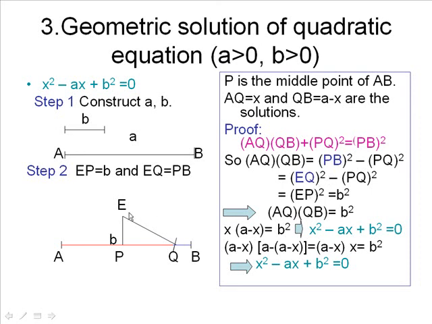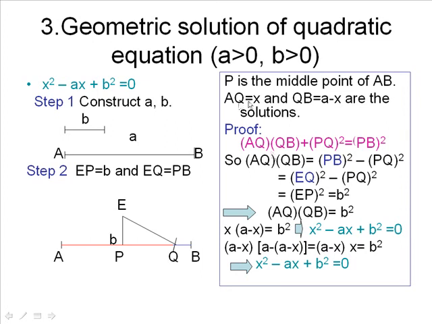And notice EQ is the hypotenuse of this right triangle, and PQ is one side. So by the Pythagorean theorem, EQ squared minus PQ squared should be EP squared, which is b squared. So that's why when we construct EP, we make it equal to b. And we get AQ times QB equals b squared. From this equation,